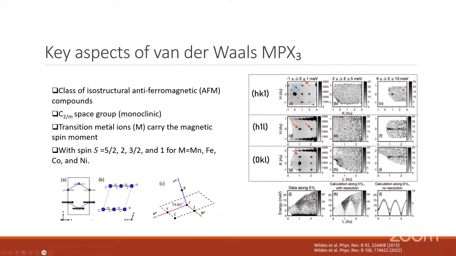The second point that we have to consider in our mind is the space group. For example, all the family members, as I mentioned before, belong to the hexagonal structure. However, if we measure the neutron diffraction, when we want to look for the magnetic peak, or to identify the magnetic structure, we need to consider the magnetic